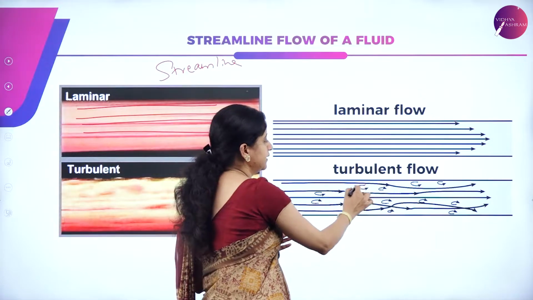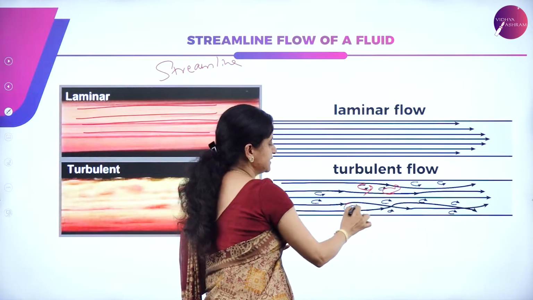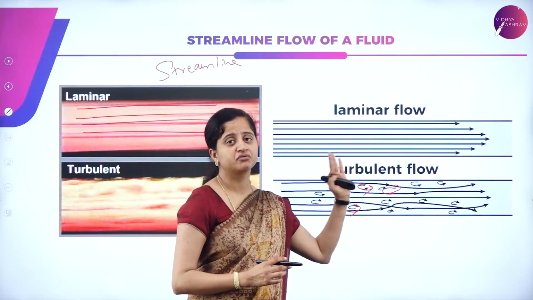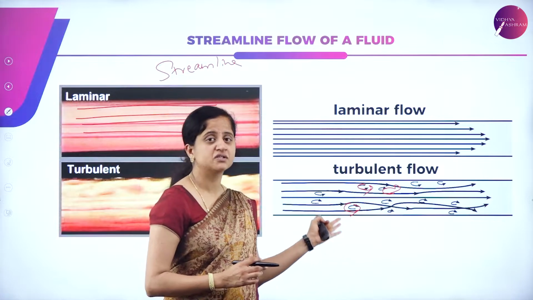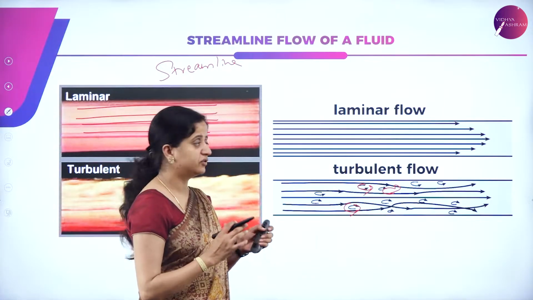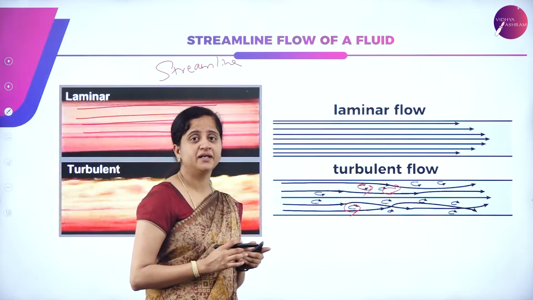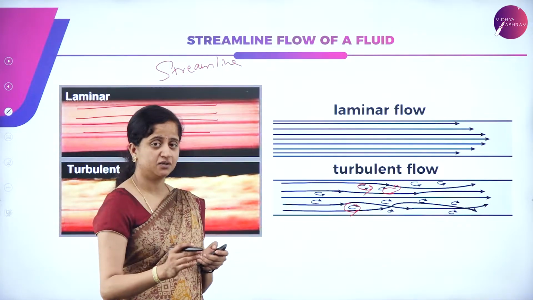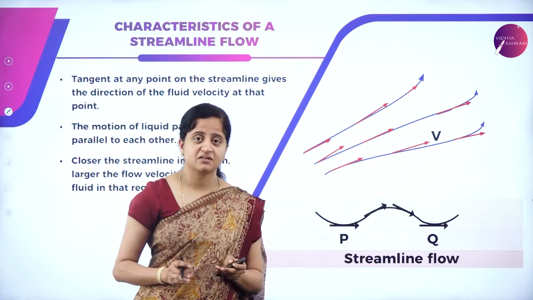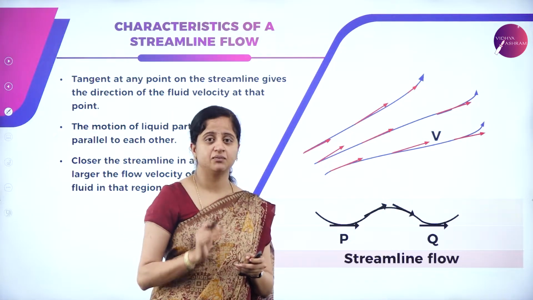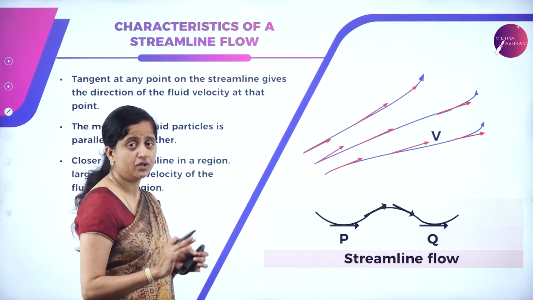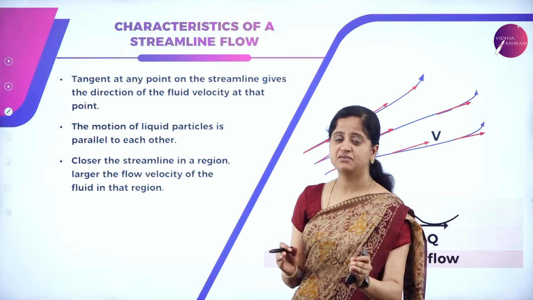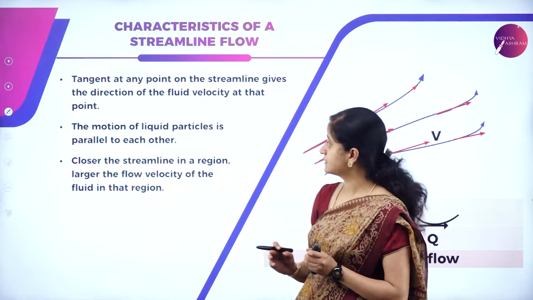we can observe the flow is along this direction, this direction, this direction. In random pattern, the disorderly arrangement of the liquid molecules or the fluid molecules is called turbulent nature. So now I think it is clear to everybody how to differentiate between the laminar flow or the streamline flow and turbulent flow. Now we understood what is streamline and what is turbulent. Let us now see what the characteristics of streamline flow are. When can we say that the flow is streamline, or when can we say that the flow is turbulent. Let us see the characteristics one by one.